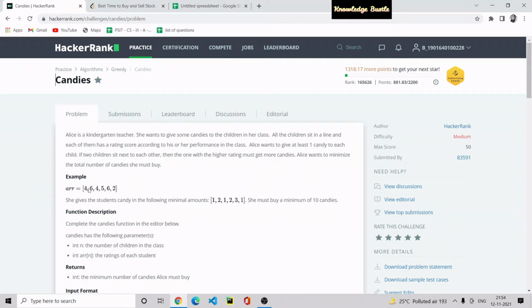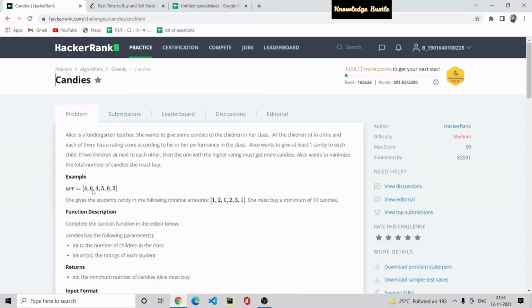Like, the first score is 4, so the teacher gives this student one candy. The second element is 6, and since 6 is greater than 4, we give 2 candies to the 6 student. Then 4 is less than 6, so we again give one candy to the student.